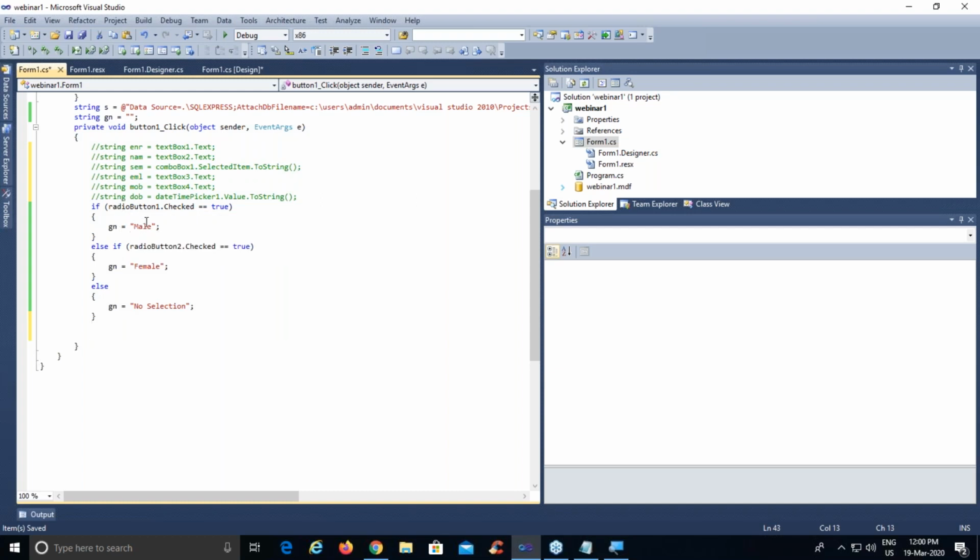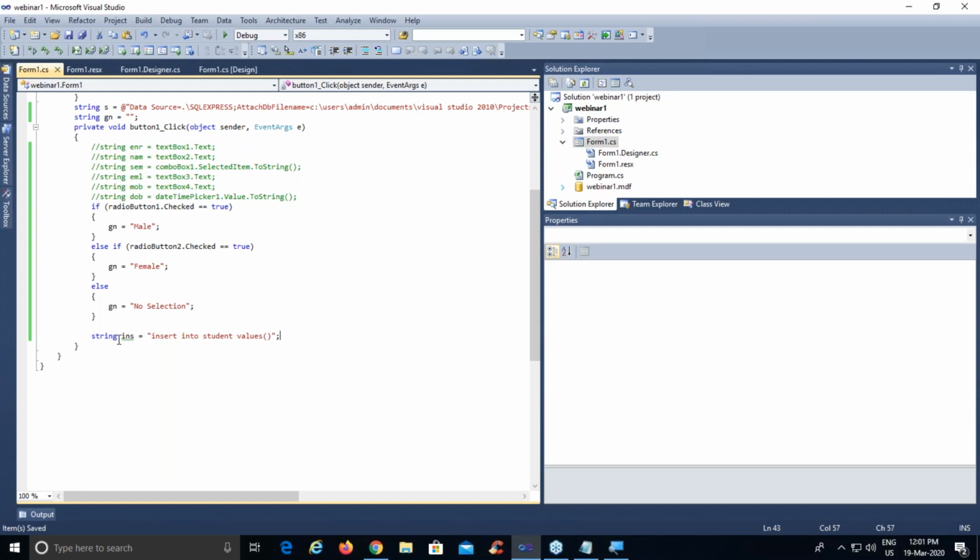Now, as I want to start with the database, first what I need is a query. So I'm writing my query as string ins equals to. The query will be insert into my table, whose name is student, and as I want to enter the values for all the columns in my table, I will directly write the values keyword and a round bracket.